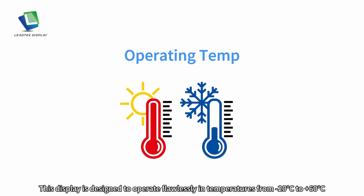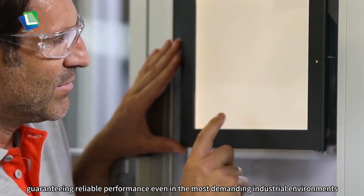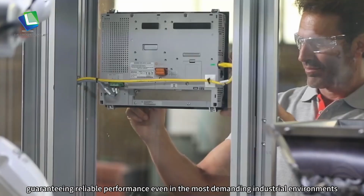This display is designed to operate flawlessly in temperatures from -20 degrees Celsius to +60 degrees Celsius, guaranteeing reliable performance even in the most demanding industrial